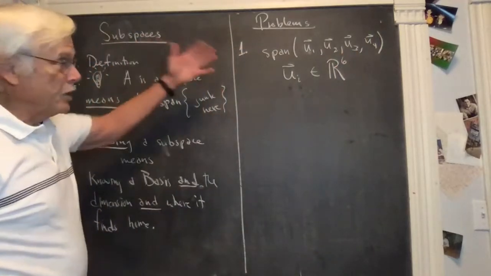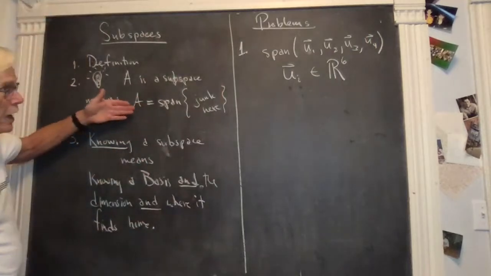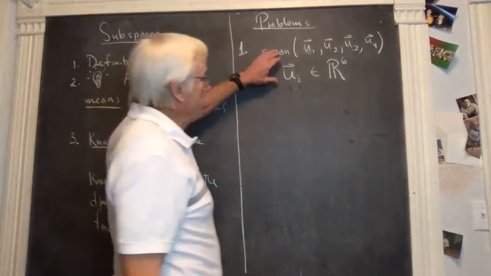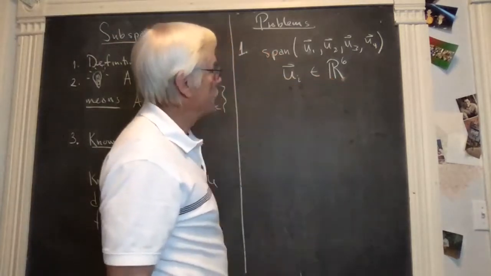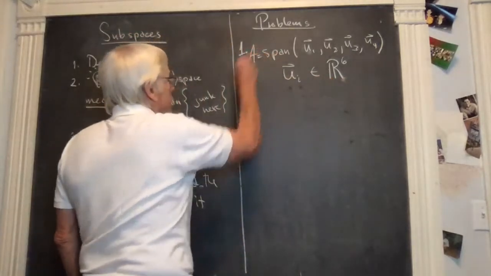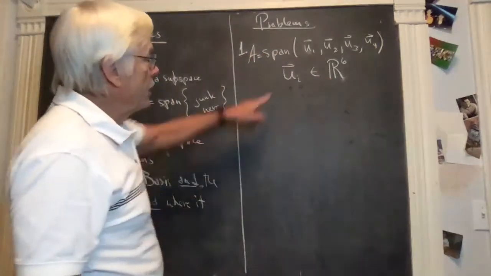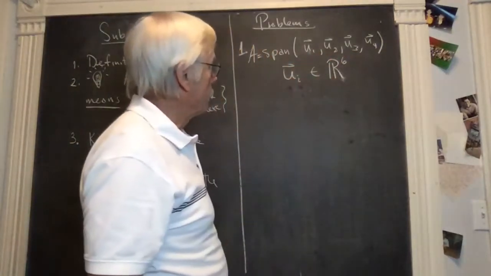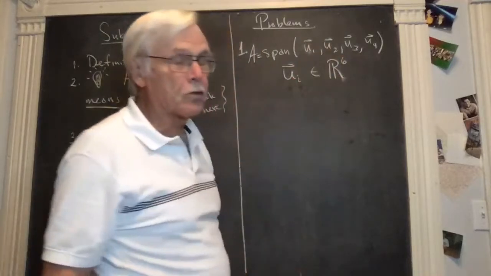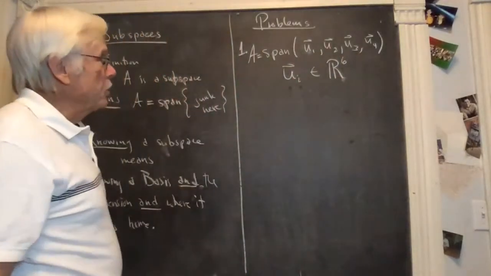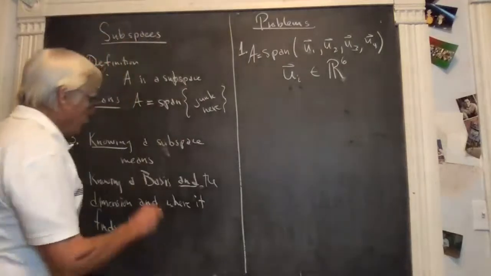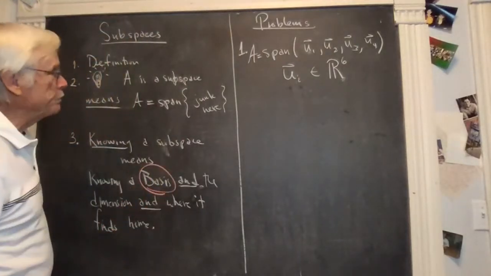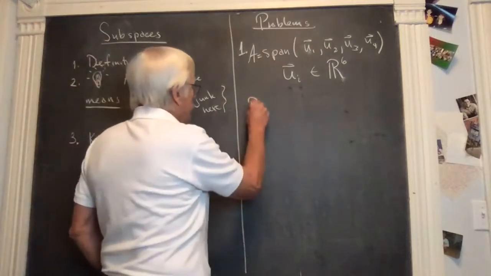So such a thing is a subspace because it is the span of something, but it doesn't mean you know it. So what you have to do is, first of all, you do know the home, no? This subspace A will lie in six-dimensional space. It can be at most four-dimensional. If these are all linearly independent, then it will be four-dimensional. So it can't span all of R6. You need at least six vectors to do that. But you want to find a basis for it. So finding the basis is often the main issue. And to find a basis,